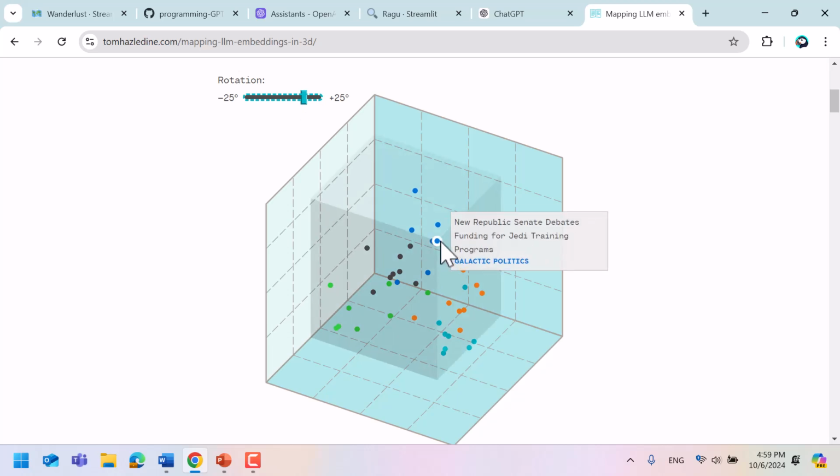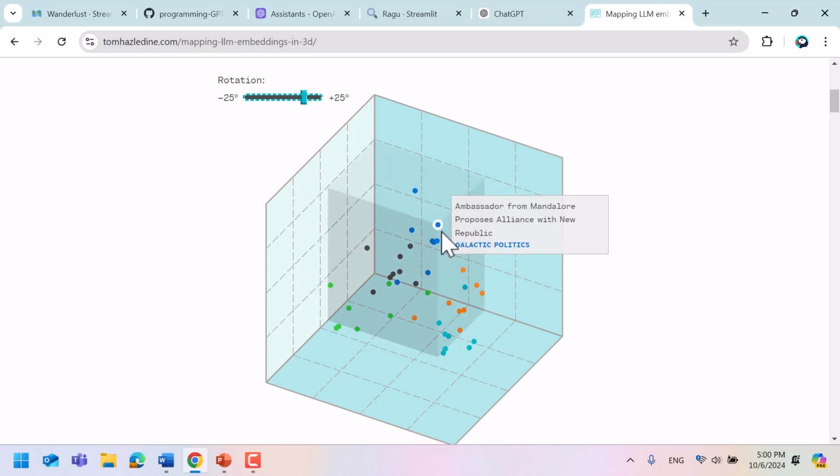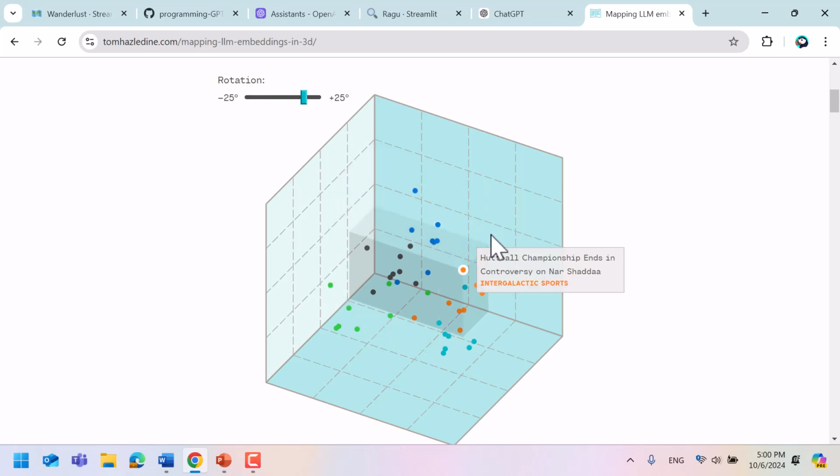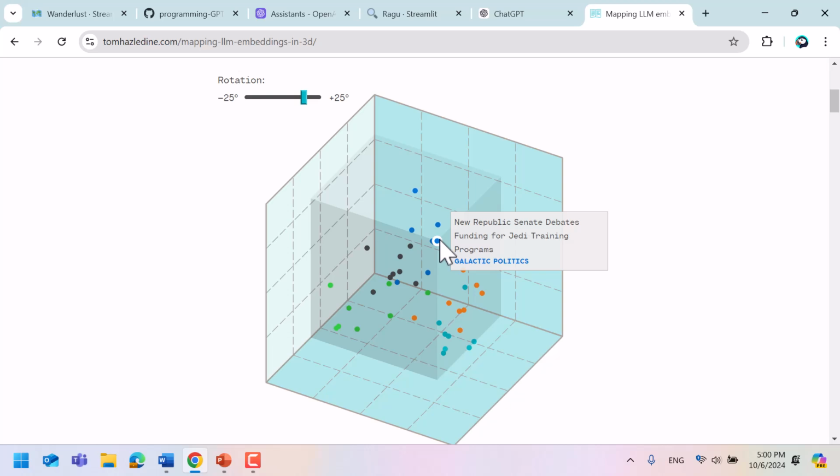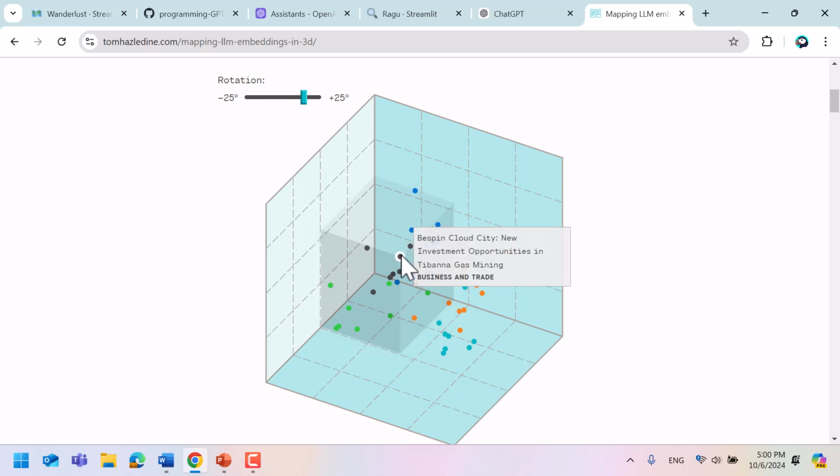And here we can look at the semantic similarity of different topics coming out of the Star Wars fantasy ecosystem. So here you have some things about, okay, investment opportunity in Tibana gas mining, it's about business and trade.